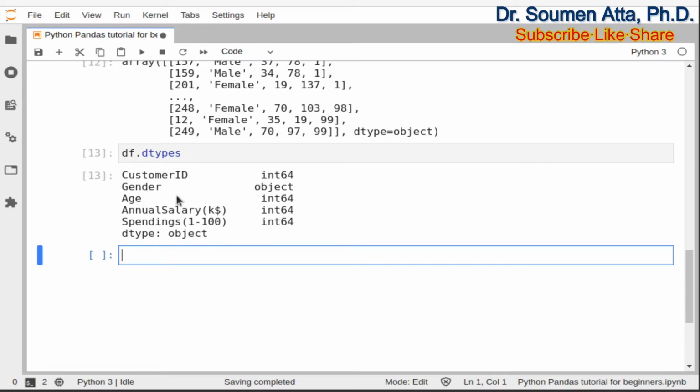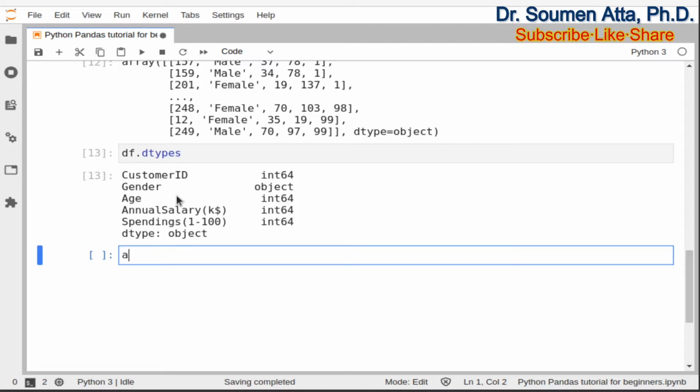Now I will discuss subsetting. This is an important concept. Using subsetting we can retrieve one or more columns from a given data frame. For example, if we want to retrieve the age column from the df data frame, we can do this by subsetting the corresponding column.